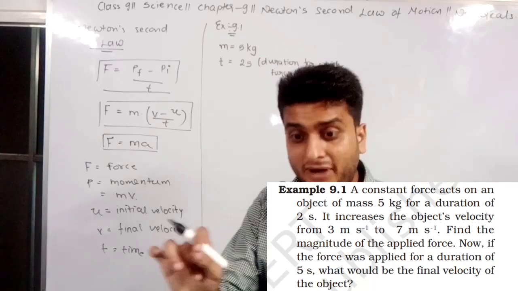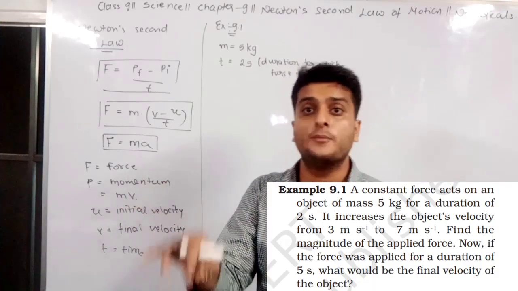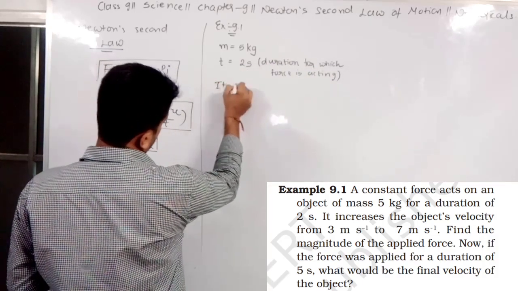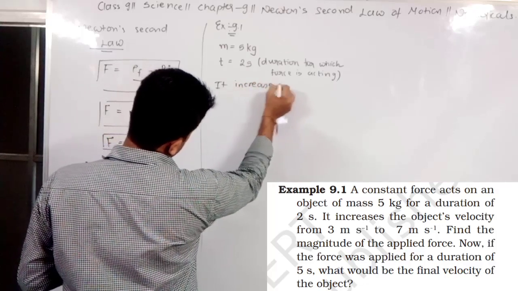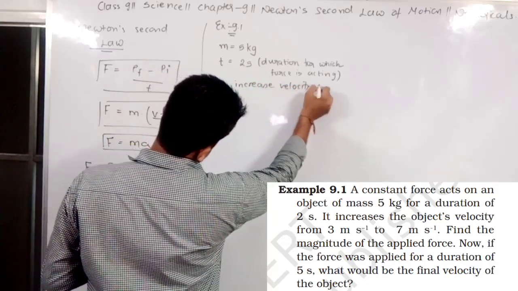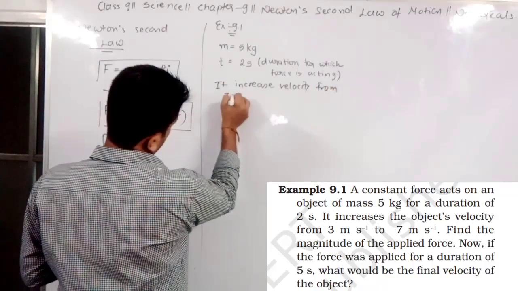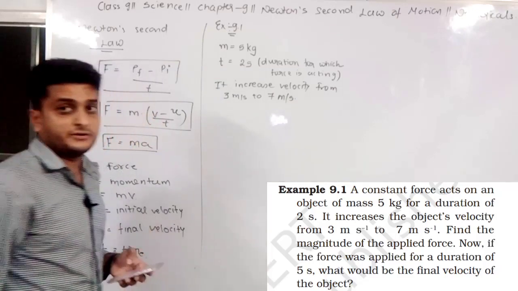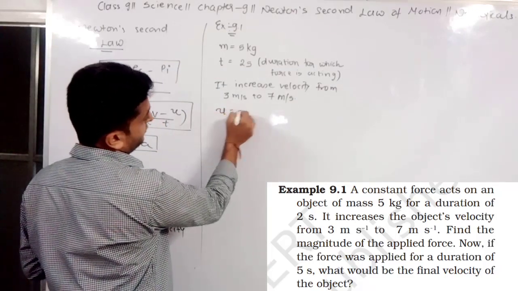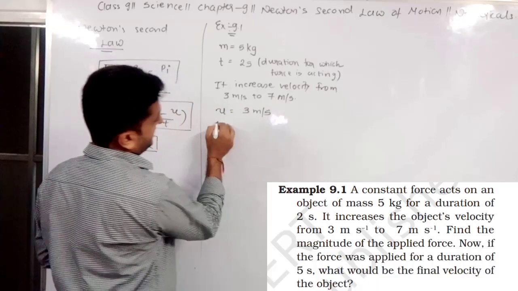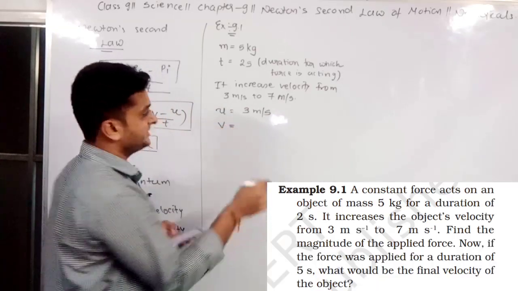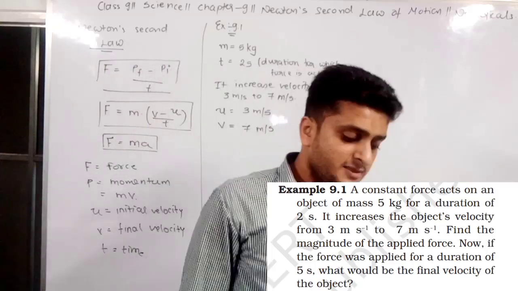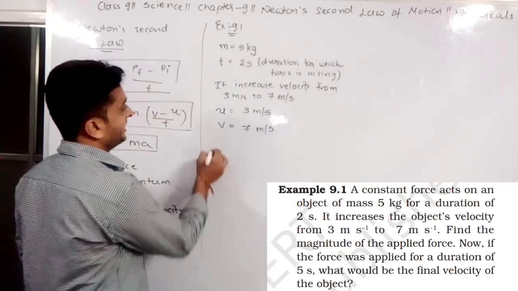चलिए, it increases the object's velocity from 3 meter per second to 7 meter per second. क्या कहा है? It increases velocity from 3 meter per second to 7 meter per second, right? So your initial velocity जो हम u कहते हैं, that is 3 meter per second. Final velocity जिसको हम v कहते हैं, that is 7 meter per second, okay. चलिए, find the magnitude of the force. Force कितना लगा होगा find करेंगे,